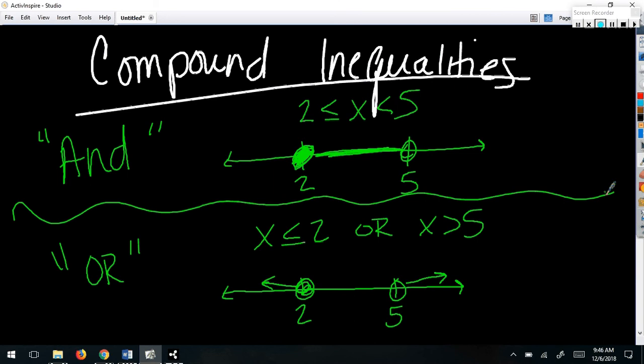We're going to talk about how we solve and graph each one, but just as an introduction, I want you to kind of see what they look like on a number line. So if I told you that,